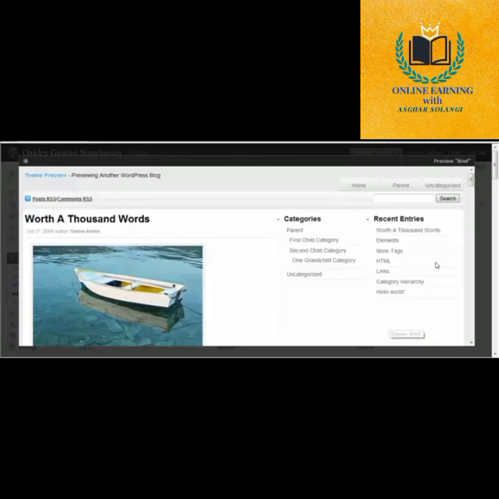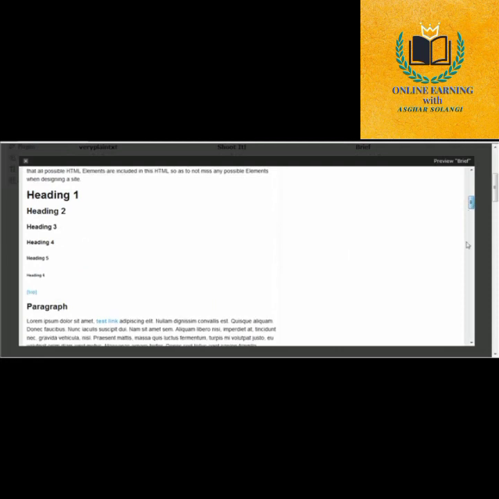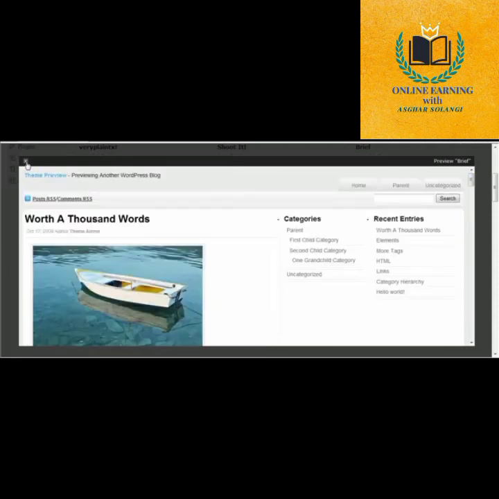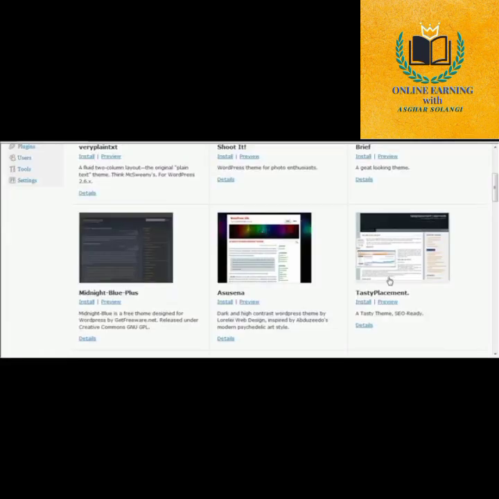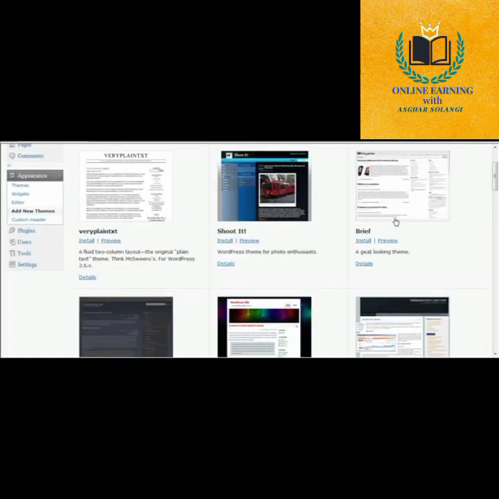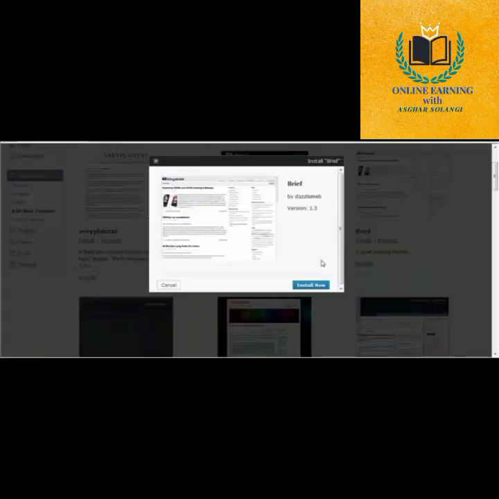So if you see a theme that you might like, just simply choose preview, and if that theme looks pretty good to you, just go ahead and come over here and choose that little X, and then you can actually just come right up here and choose install, and then go ahead and select install now,